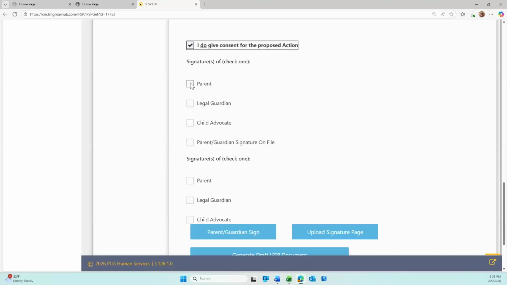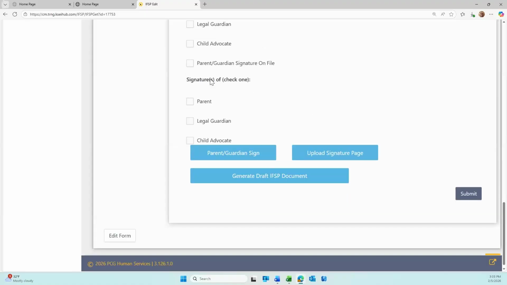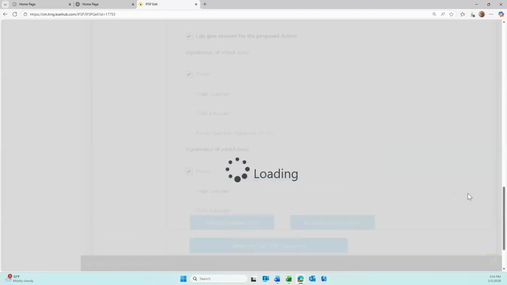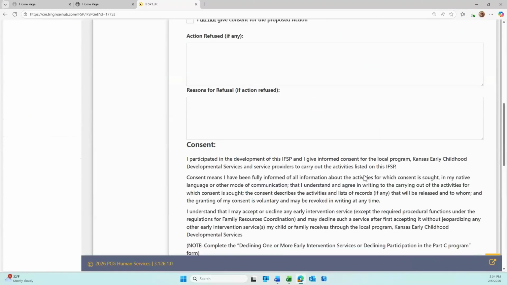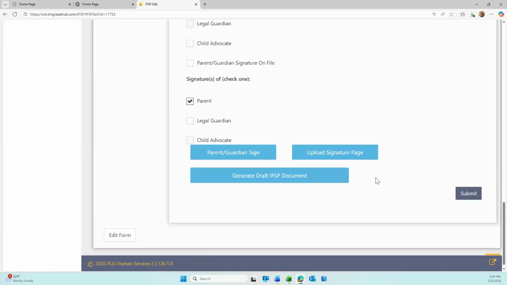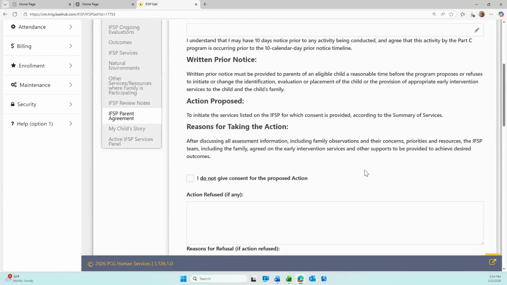You can select that you have the signature of the parent, the legal guardian, and if there's more than one parent, you can select both of those. If you want to go ahead and generate your draft IFSP document, you can do that. You can upload your signature page and submit that information. Once you have submitted that information,